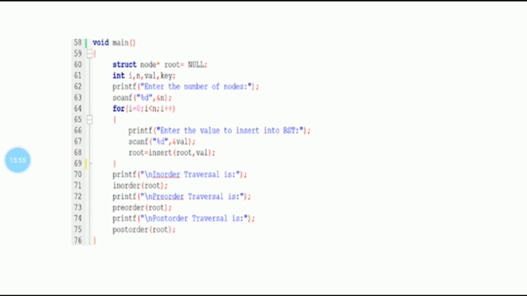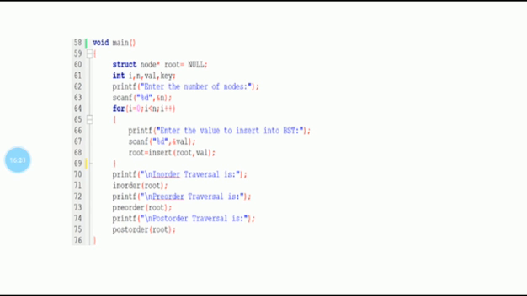We will see each and every variable declaration and why those are needed. i is a looping variable that is needed. n represents the number of nodes, and value is needed, but forget about the key. That is not needed in this main function. Ignore that particular variable, the key variable. We have to concentrate on the first three variables: i, n, value.